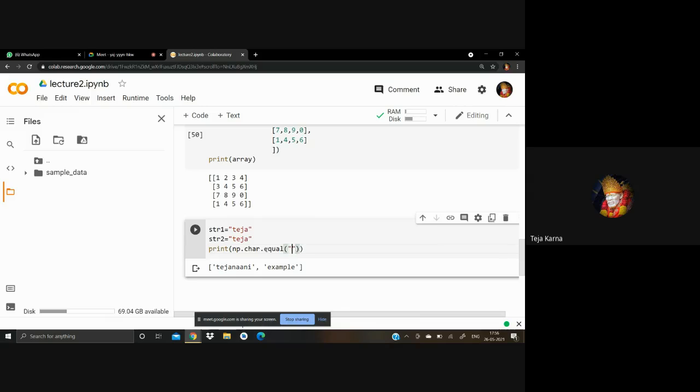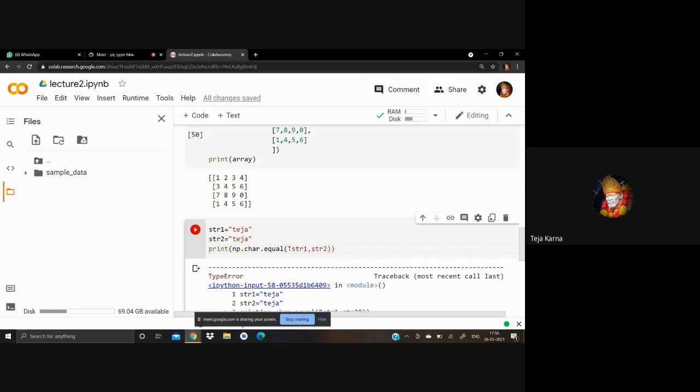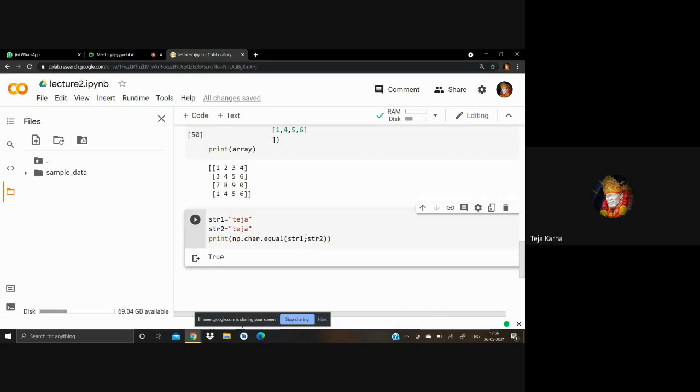I have to pass the string names str1 and str2. When they are equal, it will show you yes, otherwise it will show you no.